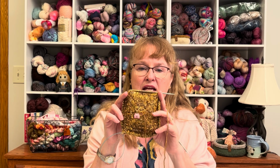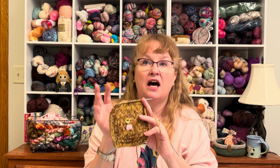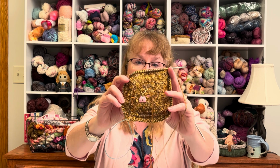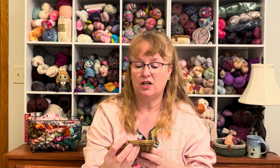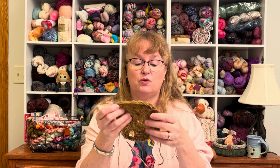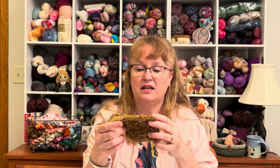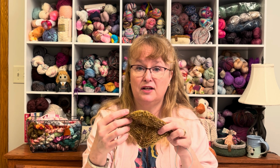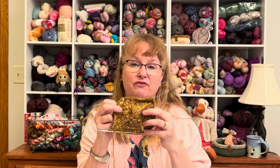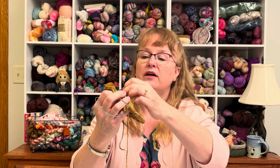So this blanket pattern was specifically designed for an advent kit. There's a fingering weight version and there's a DK weight version. I am using the DK weight version, which does take some time to make each square. So I'm really glad that I'm doing DK weight, because I think it would get really long doing the fingering weight version. There are 3 different squares in the pattern,